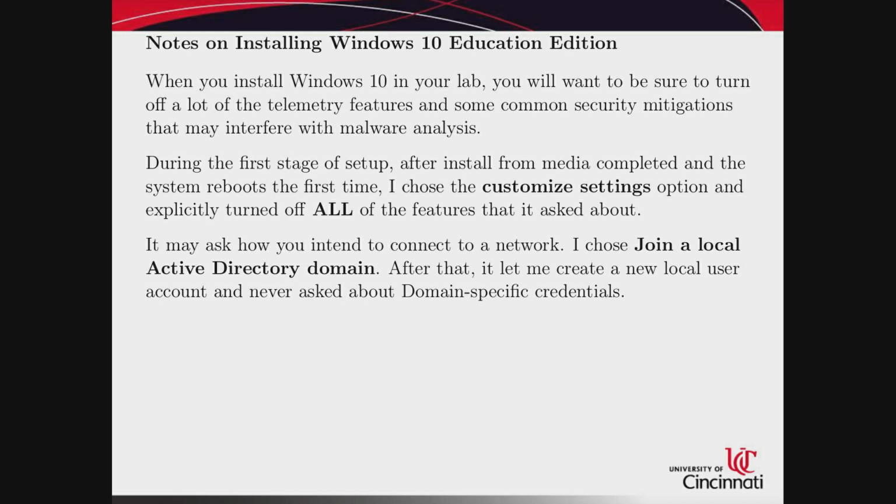Any of those options that tell you to turn on telemetry data, which is the fancy word for what all that stuff is called, or bug report information, you probably want to turn those things off,